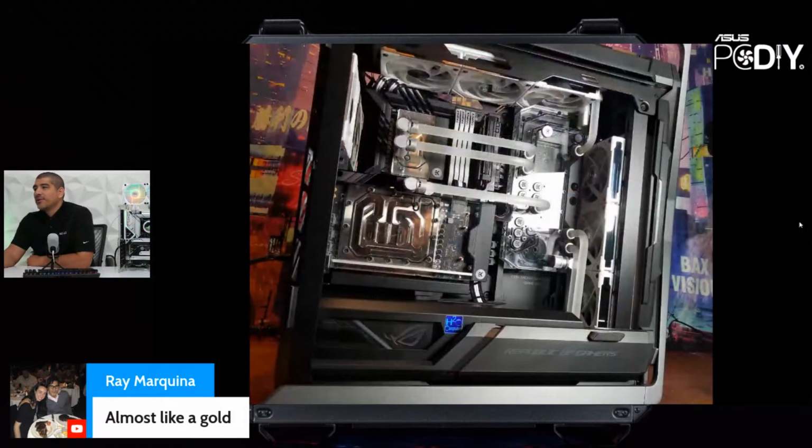So here we can see what it looks like with no RGB lighting. I always am happy when people provide this photo because I always get to see how the system looks without any RGB lighting. To me, I'd love this system just running even if it didn't have any RGB lighting, or if you just used a soft white and you lit it and had it look like that,